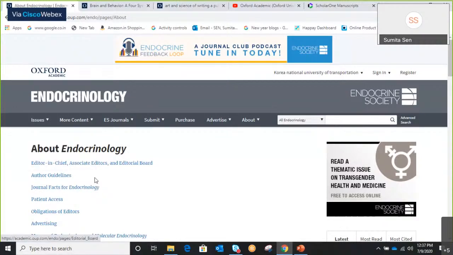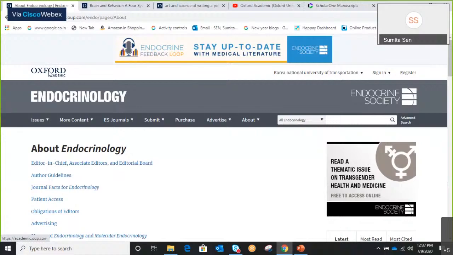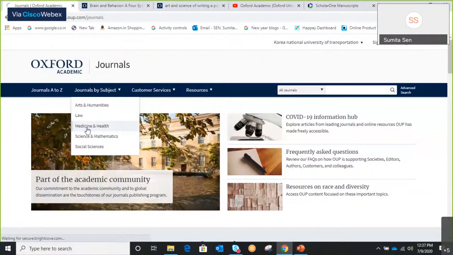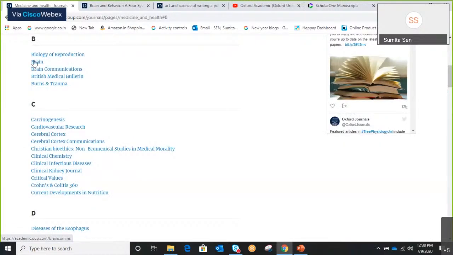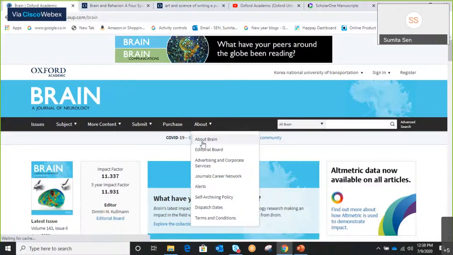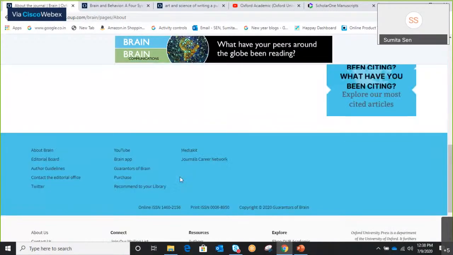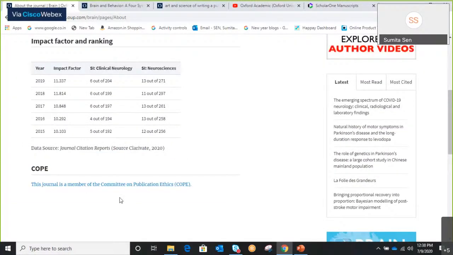The indexing, all the information is there in the About Us tab for whichever journal you choose. Let me show you Brain. I know Brain has it. So it tells you wherever.